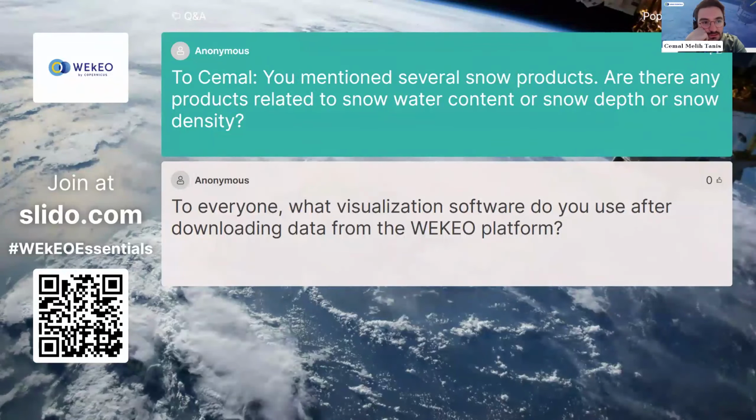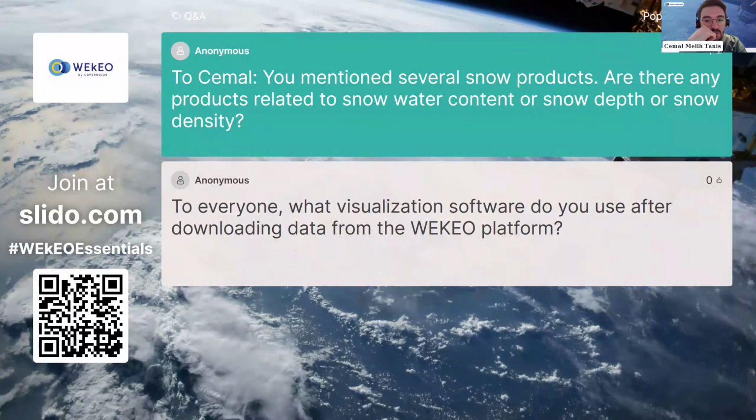There is snow water content, snow water equivalent products, but they are in the global component, not in the high resolution, which can be accessed from the Copernicus land monitoring website. And I'm not sure which of those are included in the WEkEO Viewer. I would expect at least many of them, but there's a long heritage of snow water equivalent, maybe over 30 years. There's data, so this exists, and I don't think there's any snow depth or snow density map-wise products,